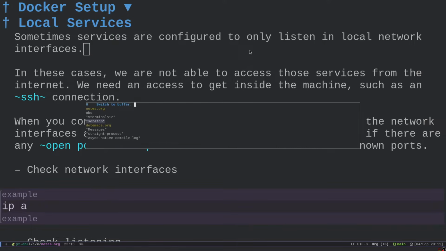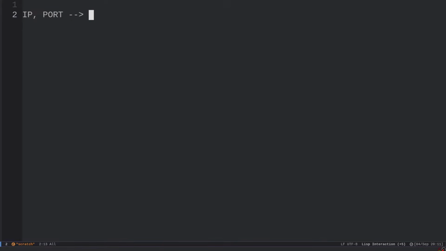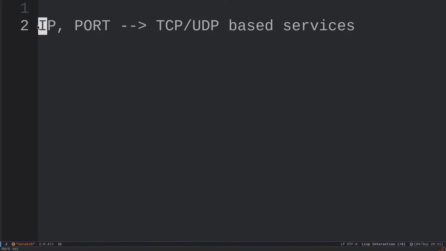However, to specify a service, you need an IP and you need a port number. This is the way to specify TCP or UDP based services. Now, depending on the IP that is chosen, you could expose your service to either a public or private network interface. For example, every machine has the network interface